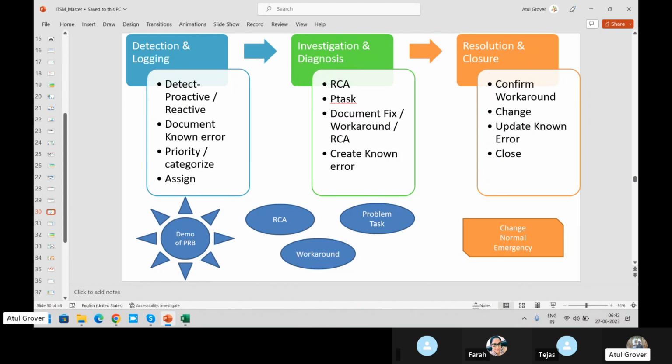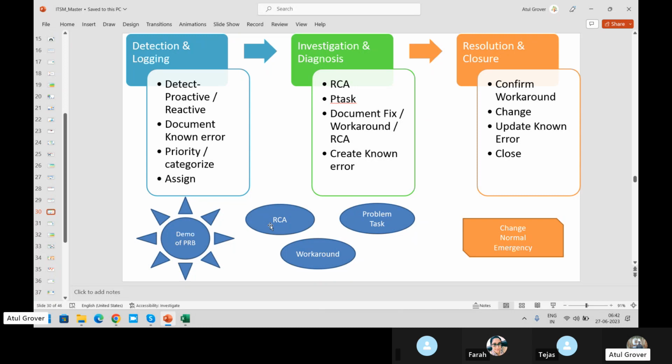Now, as we said, these are the three important terms: RCA, workaround, and problem task. Problem task, as I said, assigns a problem to a specific group and creates tasks for multiple groups.